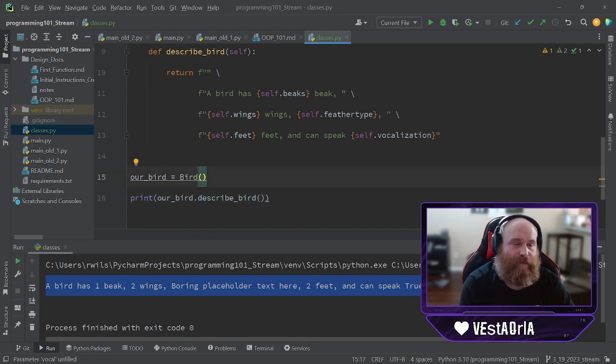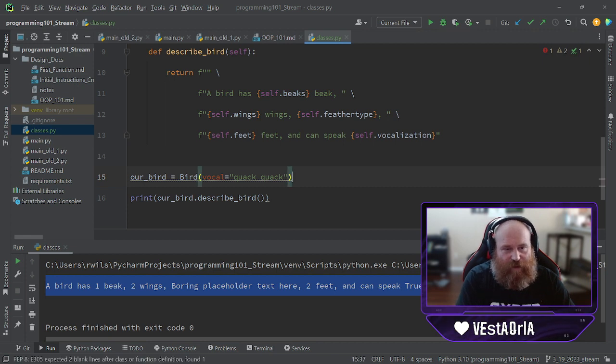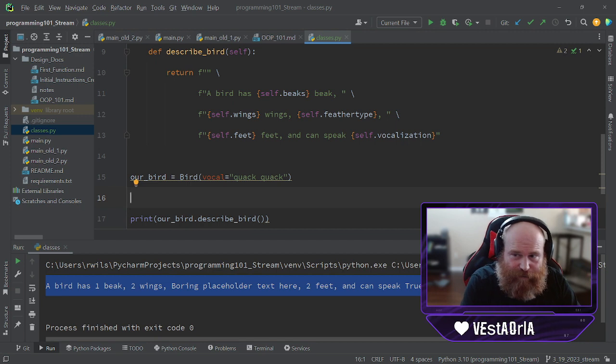Now when we instantiate this object, we are going to have to pass in something. For vocal, we're going to put quack quack. And this will actually give us a chance to show what we mean when we say that this is creating different objects. So our bird